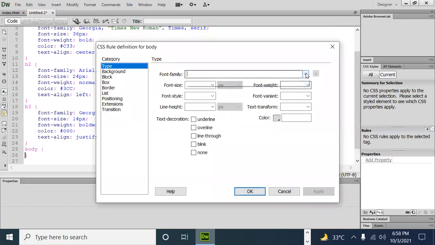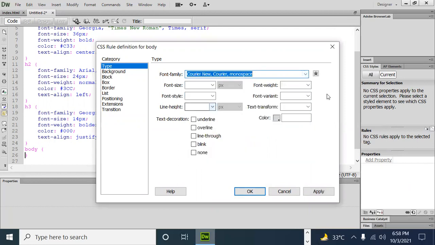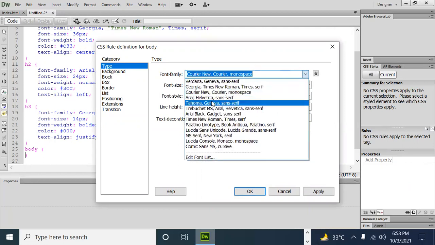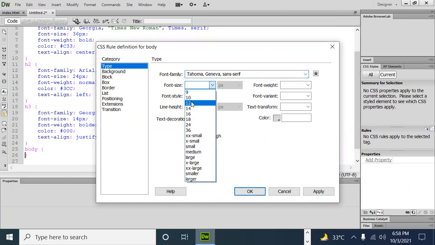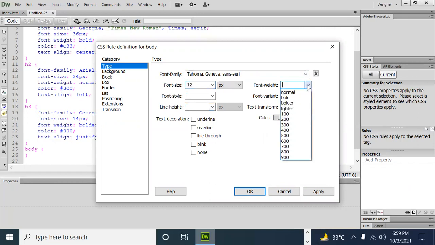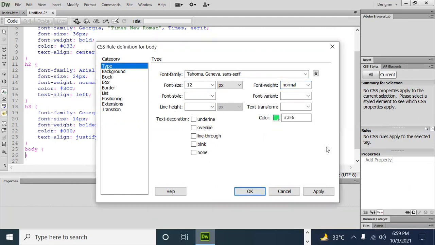So there is Arial. No, there's sans serif. Font size is only 12, and it is bold, no, light, normal. So that's it. Color is simple, color is green.